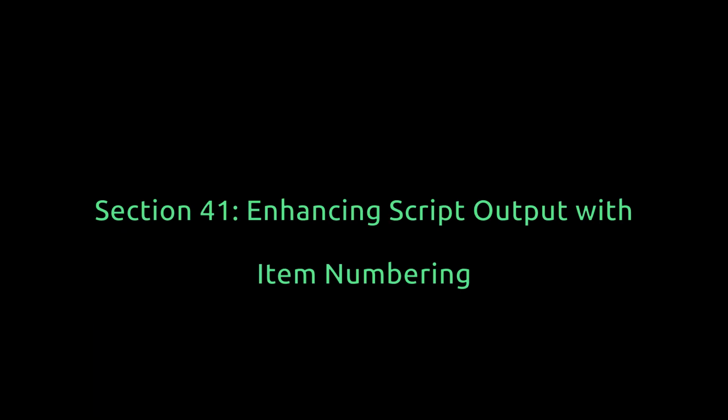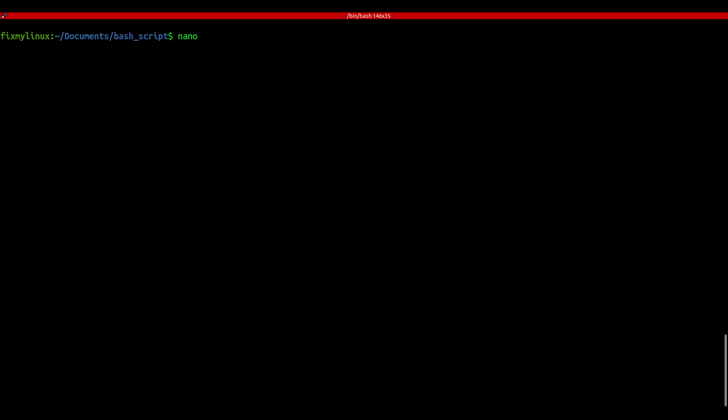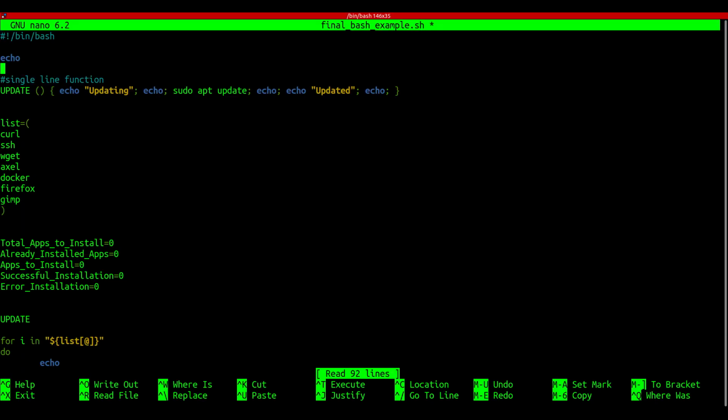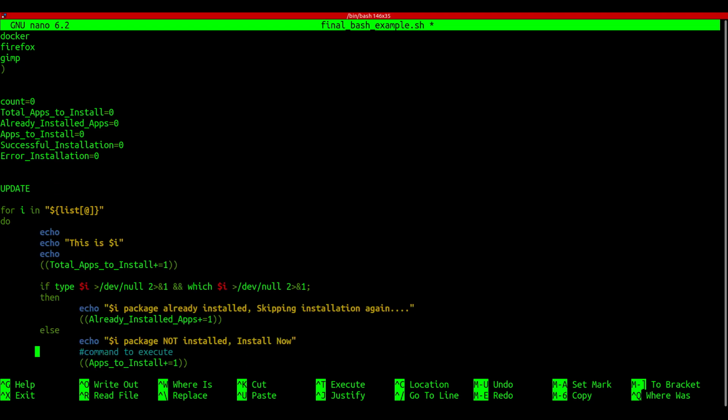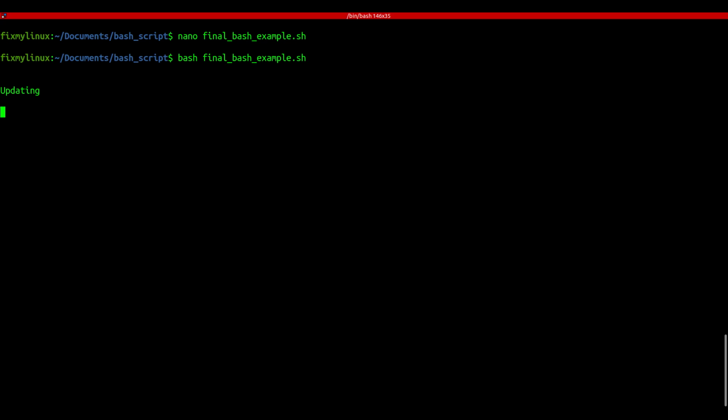Section 41, enhancing script output with item numbering. To make the output more user-friendly, I'm adding an app counter to display which app number we're checking. This counter increments at the start of each for-in loop iteration. Now when we run the script, we'll see